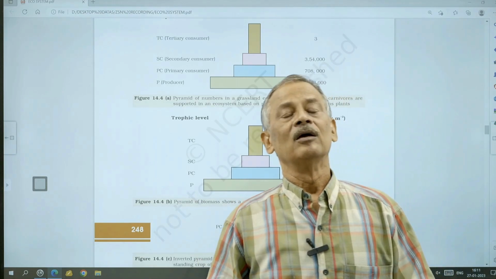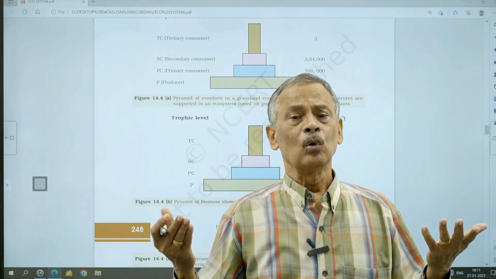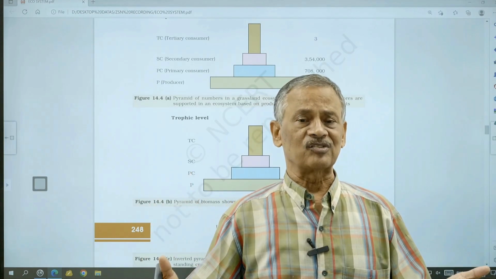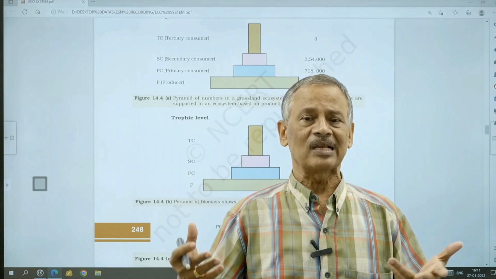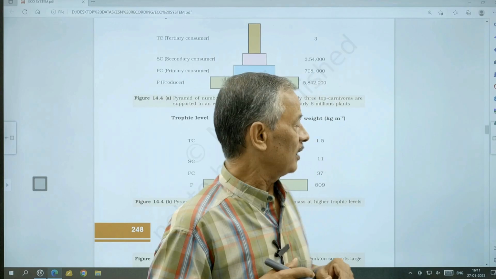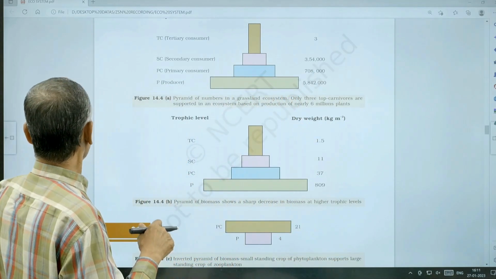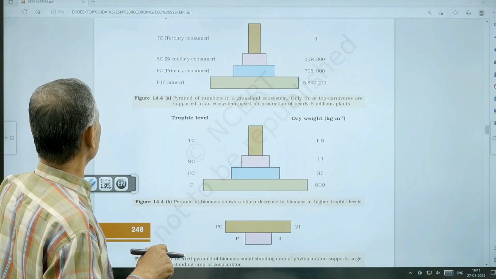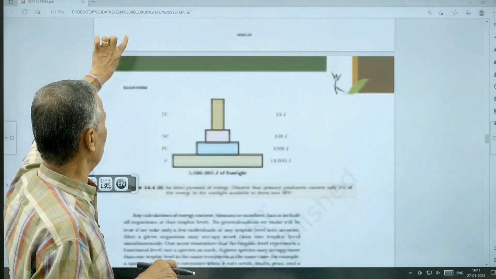Okay. So, ecological pyramids are helping us in understanding basically the functioning and the healthy nature of the ecosystem. But at the same time, it has some limitations. What are the limitations an ecological pyramid will have? One,